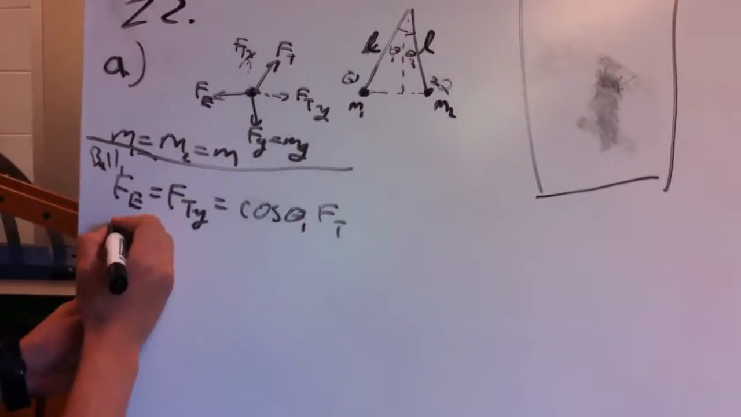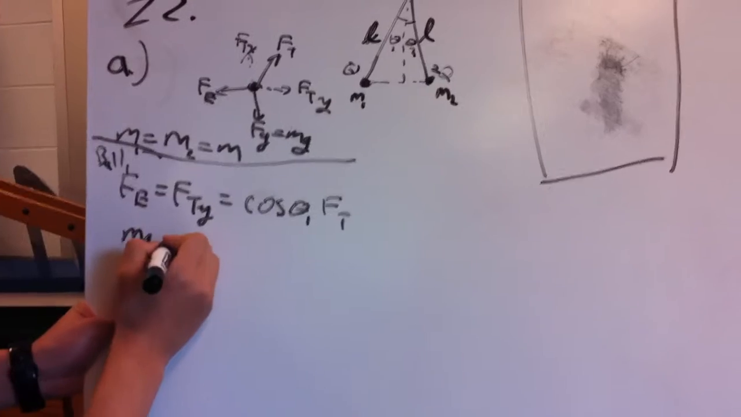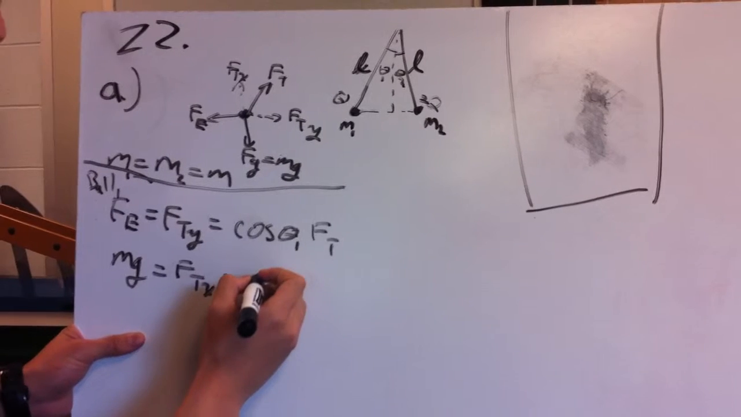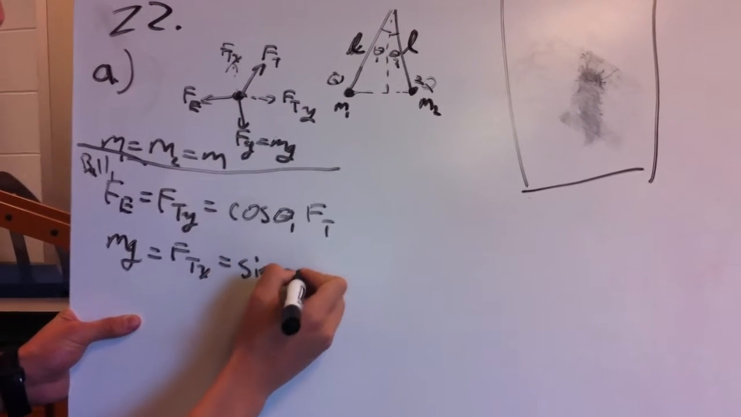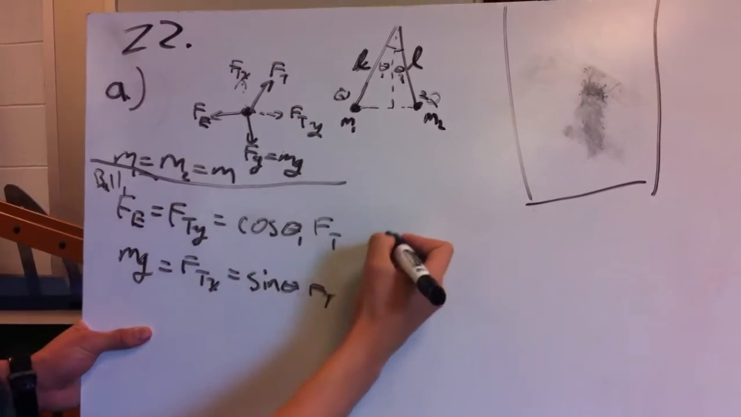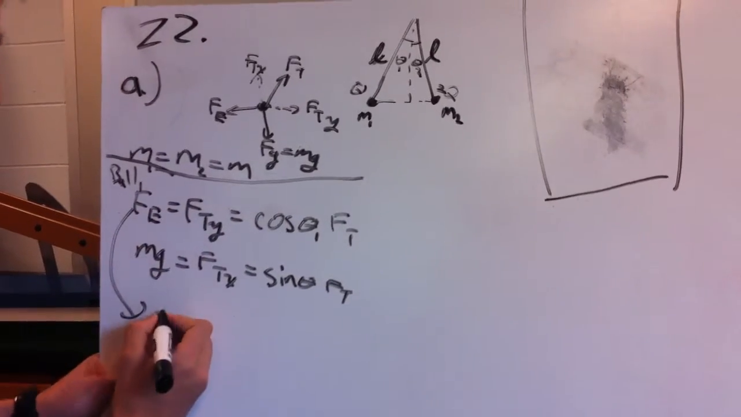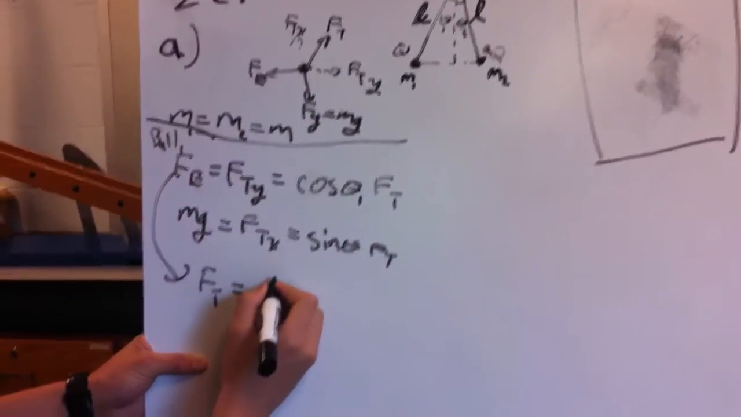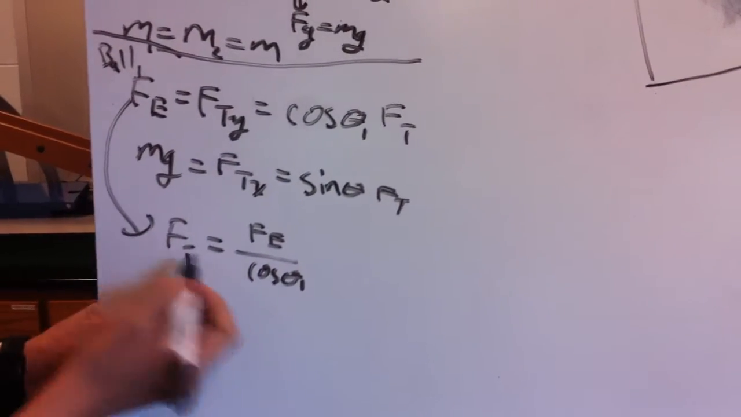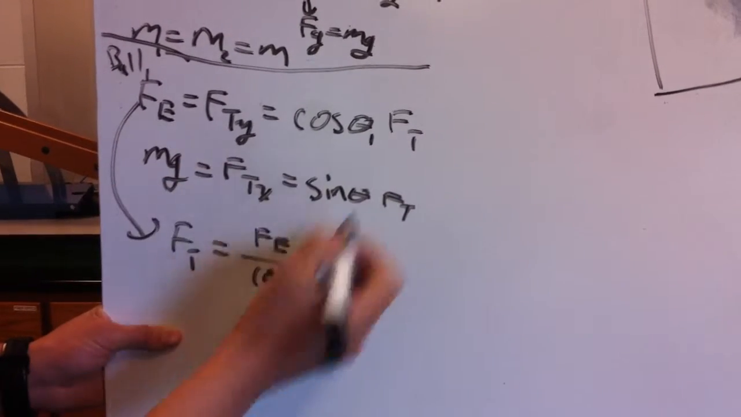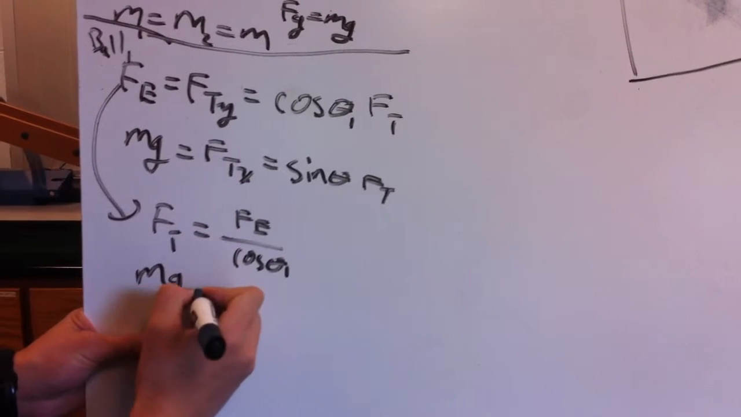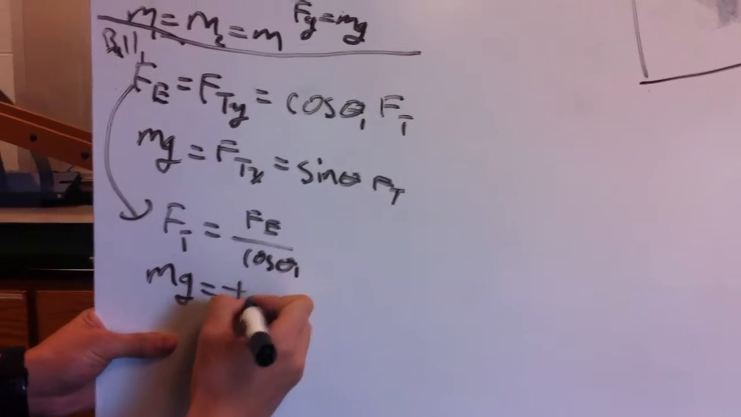And then we can also say that mg equals Ft of x. So from this equation, we can get that Ft equals Fe over cosine theta 1. So we can now plug the Ft value into this equation here. So we can get that mg equals